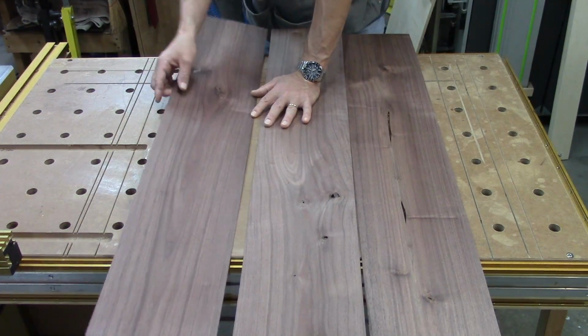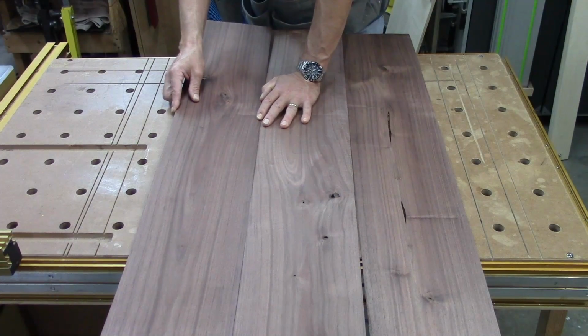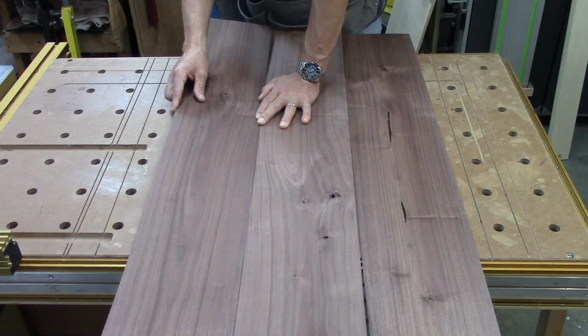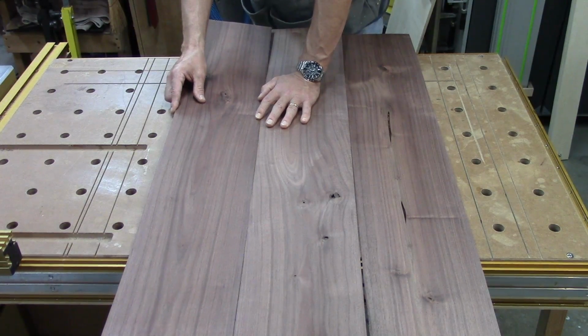So what I'm going to do first though is take these and joint an edge. Now even though these are only a 1/16 of an inch thick or a little bit less, they're still boards and I still need to make sure I get a good glue line on here. Now these were jointed and all that, but still I want to make sure that I got a nice glue